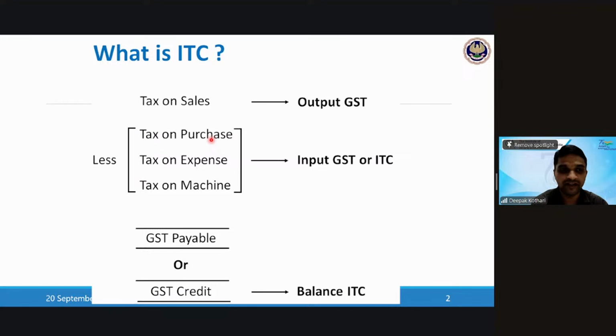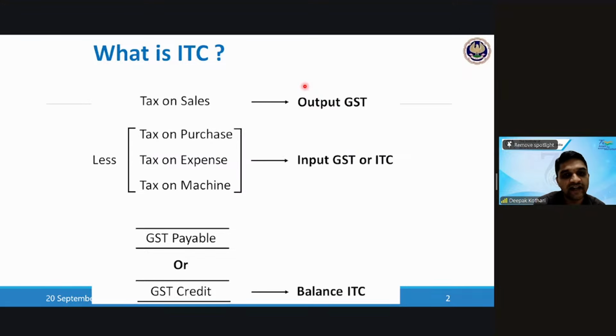क्रेडिट। ठीक है, सो अपने आउटपुट में से इनपुट टैक्स क्रेडिट रिड्यूस करने पे जो अमाउंट पेएबल आता है उसे कहते हैं जीएसटी पेएबल। ठीक है, और अगर आउटपुट माइनस इनपुट, इनपुट अगर ज्यादा है आउटपुट से, ठीक है, तब उसे कहेंगे जीएसटी इनपुट टैक्स क्रेडिट, जो हम अगले महीने यूज कर सकते हैं।